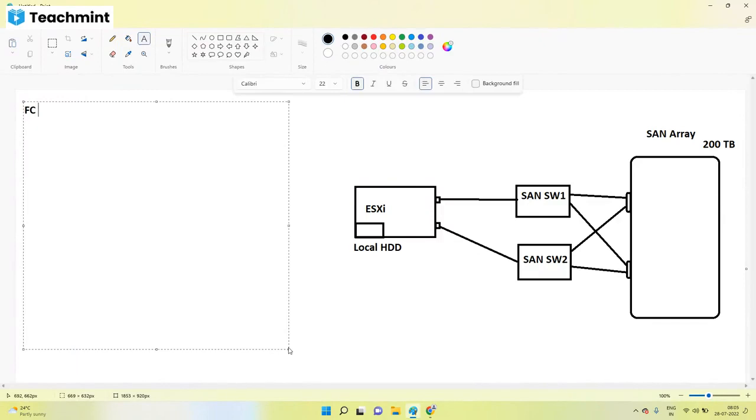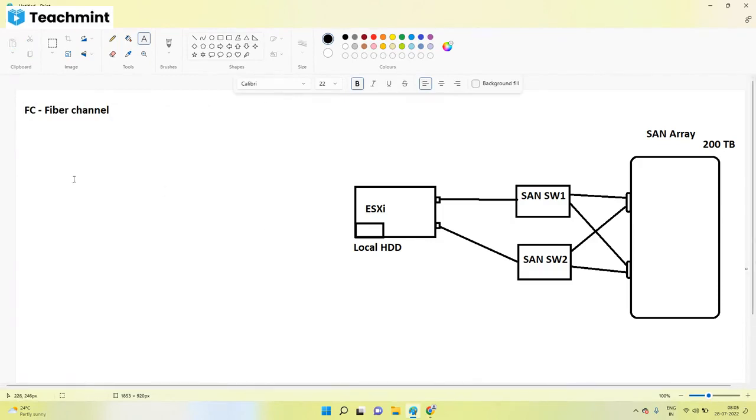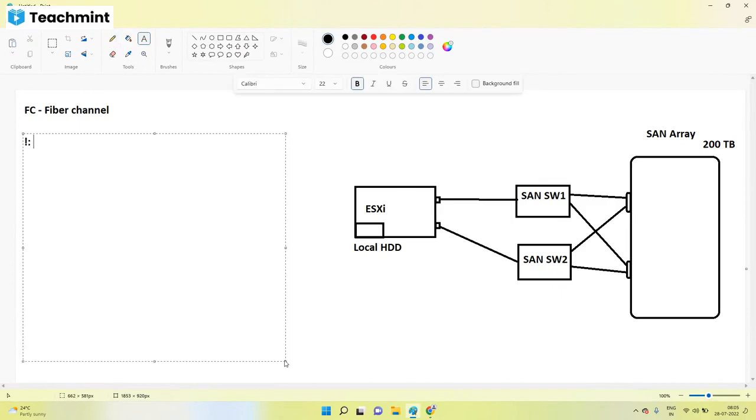The first one is FC, fiber channel storage. Fiber channel. All the components, this adapter, this cable, this switch, cable, this adapter, this SAN array are made up of fiber devices, made with fiber compatible devices. All adapters, cables, switches, arrays, etc. are made